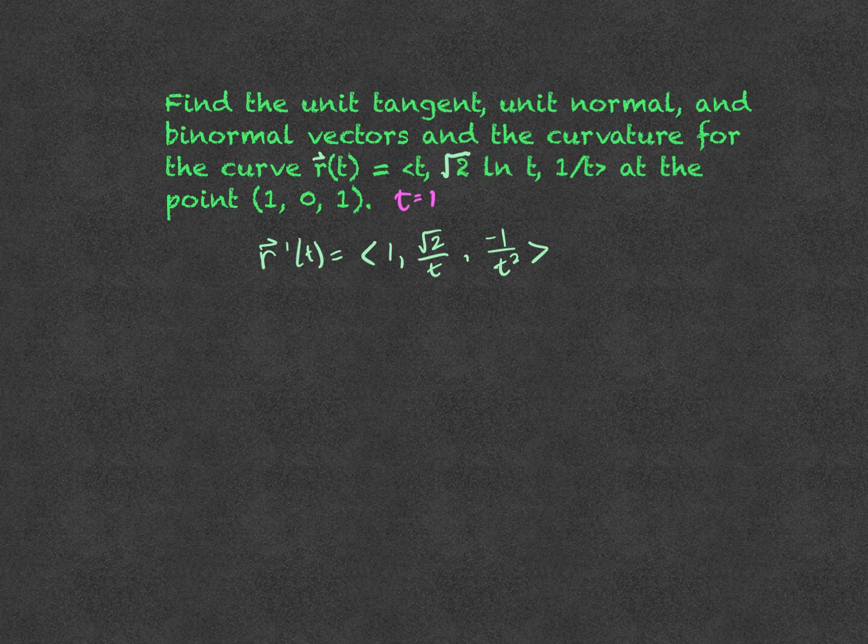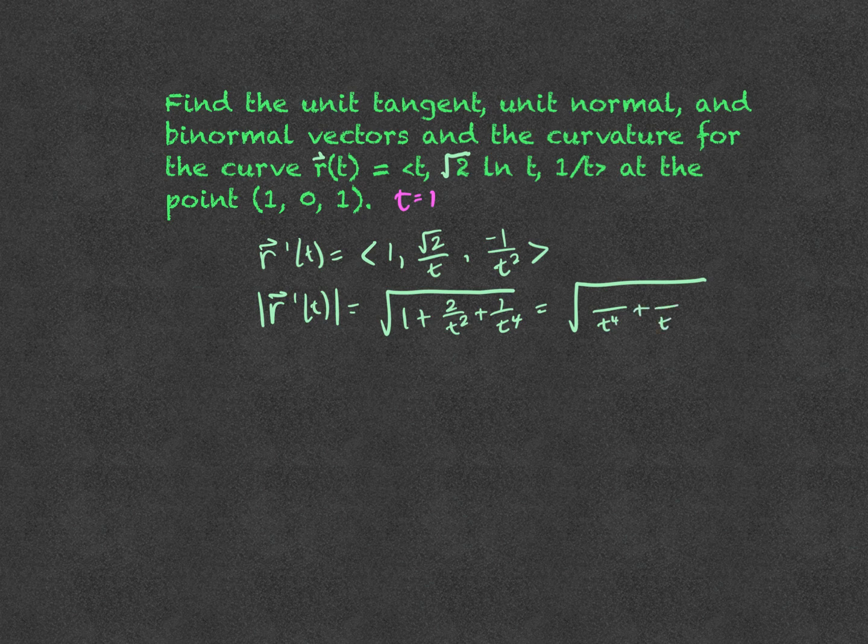Now, we're supposed to find the length of r prime of t in order to find our unit tangent vector. So this would be the square root of 1 plus 2 over t squared plus 1 over t to the 4th. Now that's interesting. So let's go ahead and find a common denominator of t to the 4th. This is going to be 1, we have to multiply the second one by t squared, and we need to multiply the first one by t to the 4th. So this means that we have the square root of t to the 4th plus 2t squared plus 1